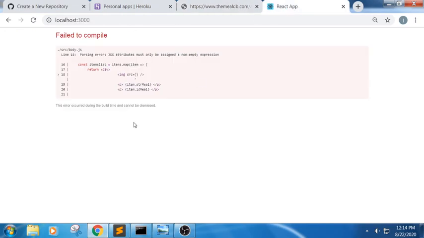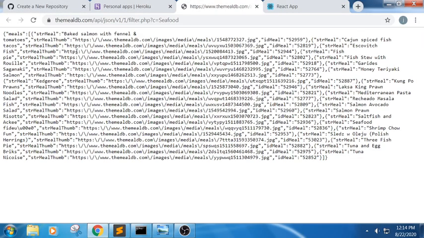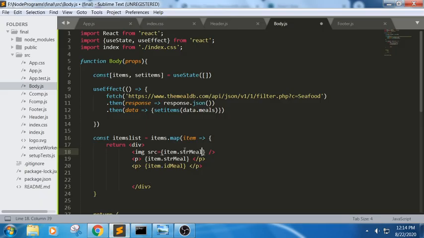Yeah, we got some error here. Yes, so in this strItem, what is this? strMealThumb. Let us see what is defined here. strMealThumb. So we need to write the same path, because we need to get an image, right? So in order to get this image, we will write the same thing here. So we are trying to map each and every value now.